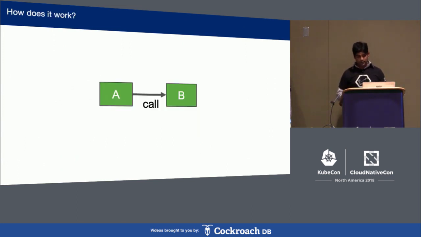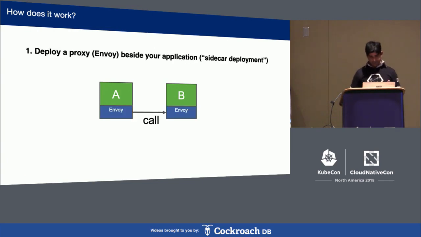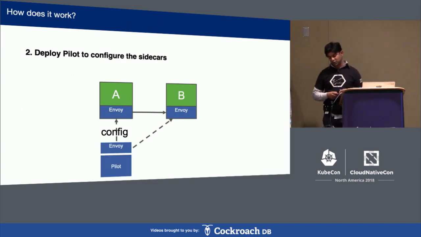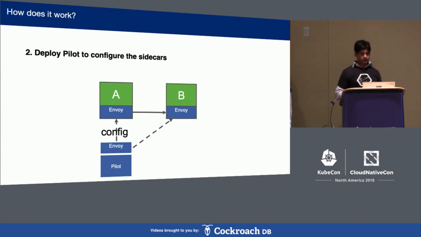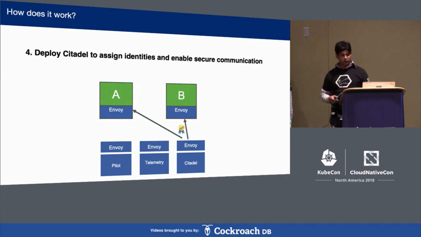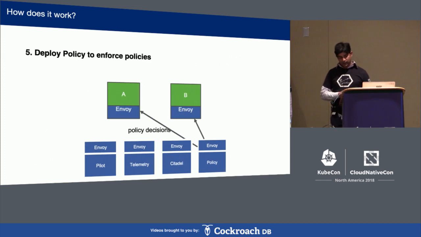And how does Istio work in general? Suppose a microservice A calls B. You deploy Envoy sidecar along with the microservice, right? And the job of the sidecar is to actually intercept any incoming traffic or outgoing traffic, right? So we install a pilot. Then you need a lot of the telemetry. You need logs, you need tracing, etc. So you deploy telemetry, right? And finally, you deploy Citadel, right, to assign identities and enable that secure communication between microservices. And last but not the least, policy to enforce policies based on which users can access, from where they can